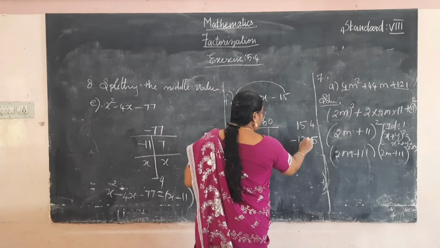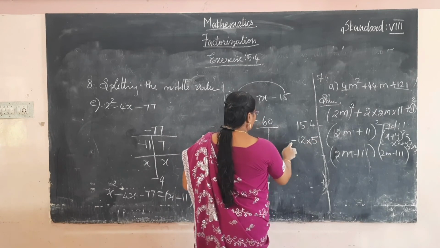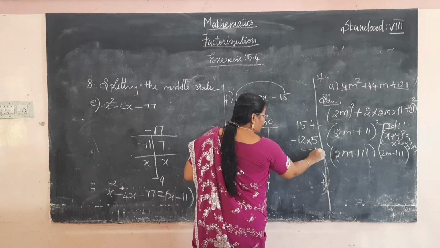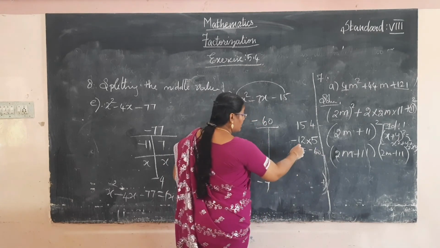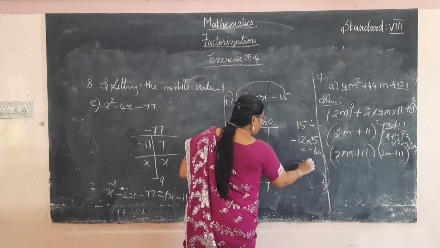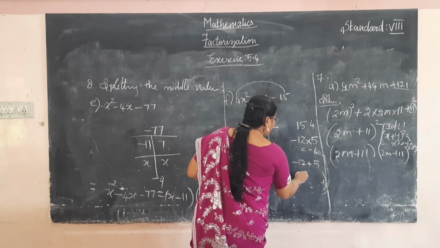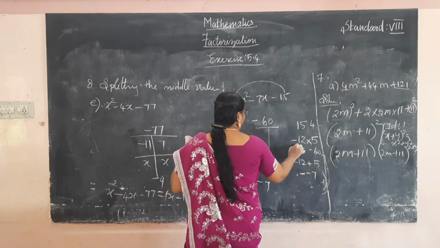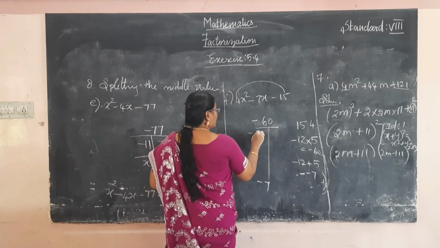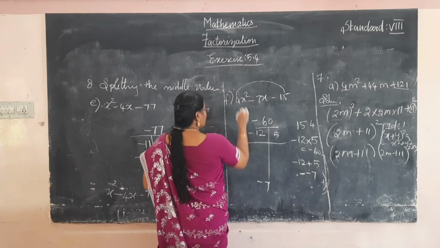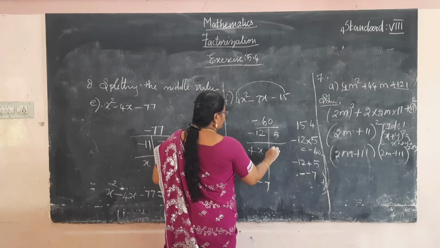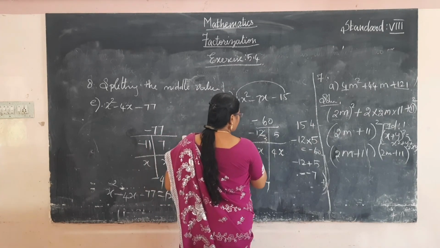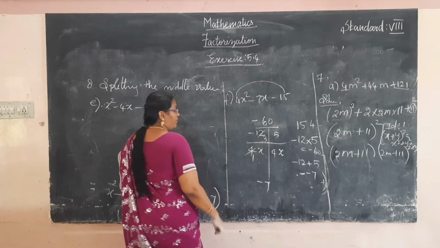Okay, now multiply: 12 fives are 60. Minus into plus is minus, so minus 60. This is the product of the factors, and next we calculate the sum of the factors, minus 12 plus 5. So the difference is 7, and the greater number's sign is negative. So these are the factors of minus 60, minus 12 and 5. Which one is the first term? 4x. Here also divide by 4x. It cancels in the 4 table. 4 ones are 4, 4 threes are 12. It's not divisible by 4.